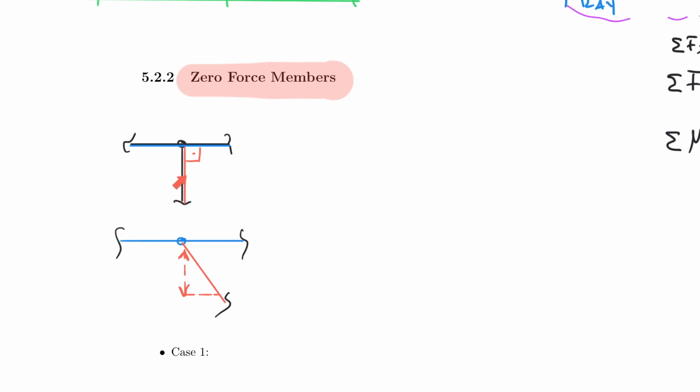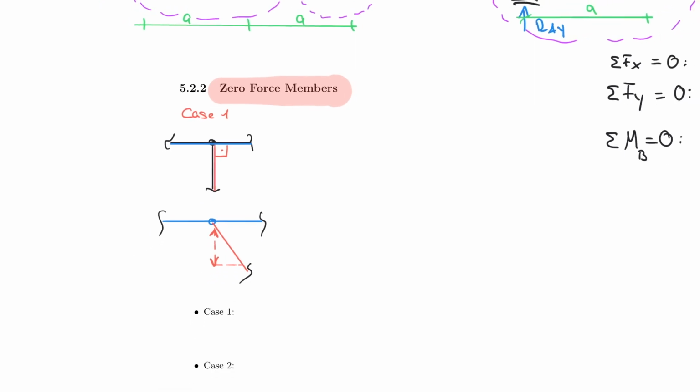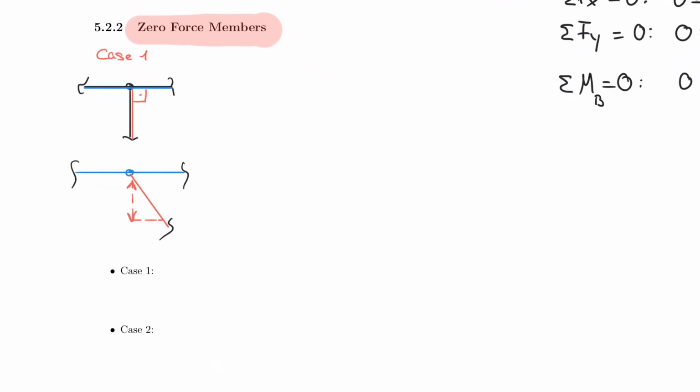The 90-degree angle is just a very special case, and you see that often in real life because it's easier to fabricate it that way, and there are other reasons for that too. However, analytically, you will always find that this must be 0 because there's nothing to balance it. So I'm going to call this case 1. And the way I would write that down under case 1 is I have